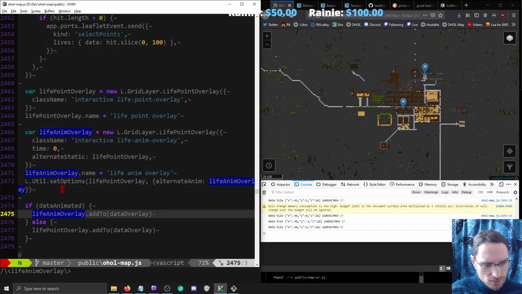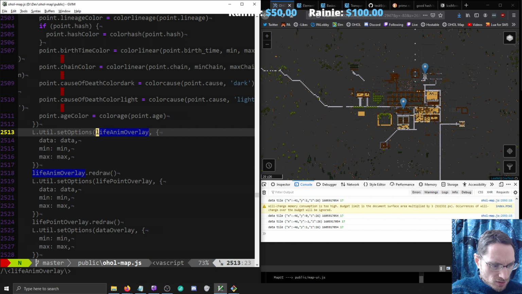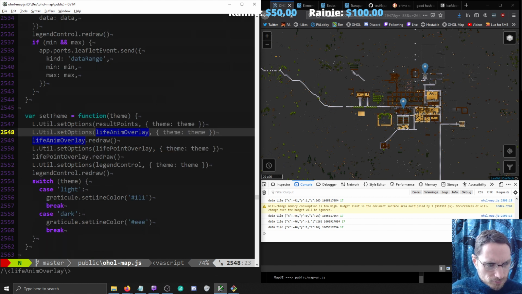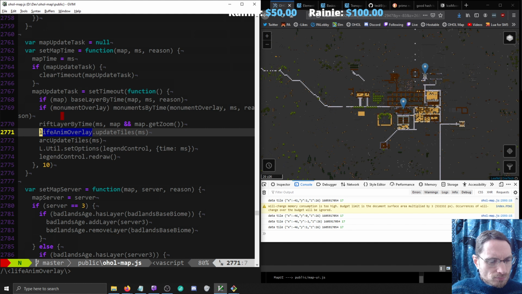If data animated. Data min max. Redraw. Point overlay. An anim overlay is one that would have to get time. I guess that makes for a very direct method of toggling it. Okay, so you get updated when we update time, and then the static overlay does not get updated. Now, that's only dealing with one data set. So while it's true that that might be able to be reduced down to one,